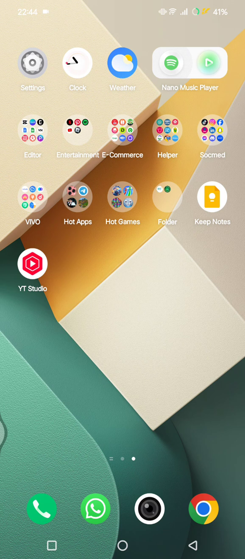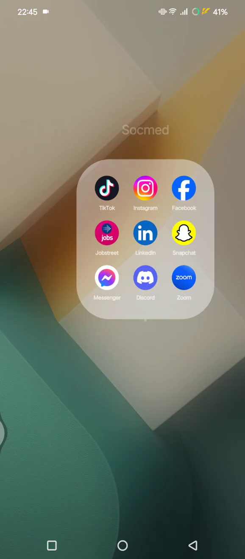So the nicknames only appear in your DM chats and won't change your username anywhere else on Instagram. By using nicknames in here, you can set up more personalized DMs with your friends. So if you want to create nicknames with your friends, you can just follow my steps in here. So let's just launch the Instagram app,